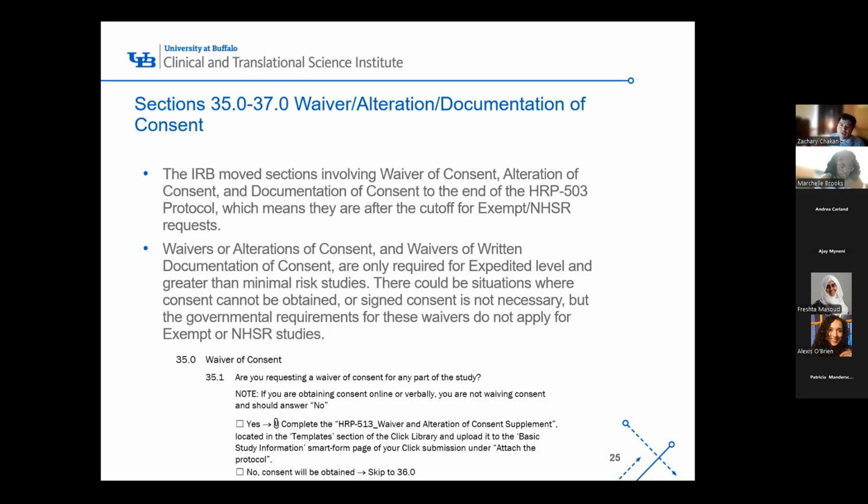But those requirements don't exist for exempt research or for not human subjects level research. So we move that to the very end, because even though your studies that are exempt or not human subjects research may involve these questions, they're pretty unnecessary. We don't need to know the specific requirements if your study doesn't meet exempt criteria or a higher level. So in that case, you can just ignore this question and you don't have to fill out supplemental